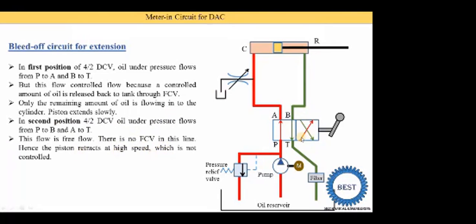Oil enters from the P port to the B port, meaning here it's coming, then oil is supplied to the rod end port. Then the oil enters and applies some force on the piston, and the piston is moving. Now when the piston is moving during the retraction, that is right to left, some oil is present here, so oil is directly supplied to the A port. Oil does not go to the flow control valve, or even if the oil goes to the flow control, it also goes to the reservoir. So we are not able to control this speed. This is called the bleed off circuit for the extension stroke.